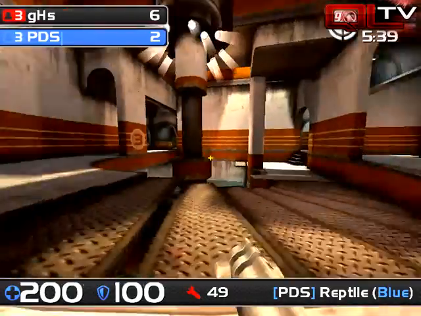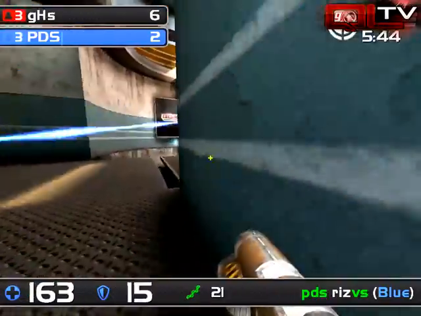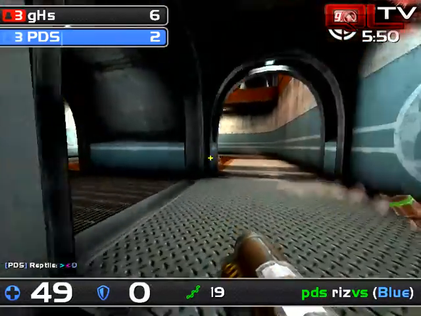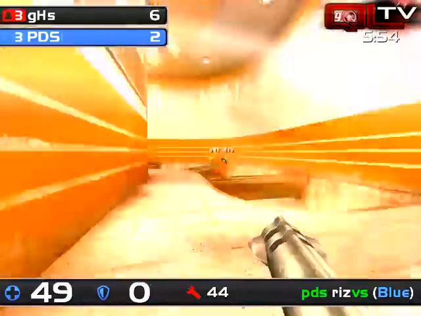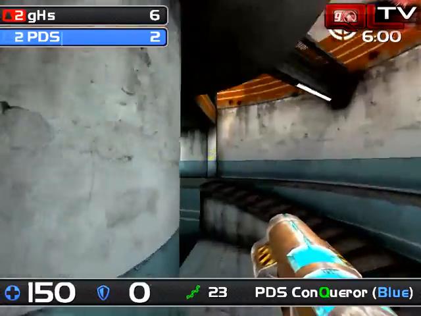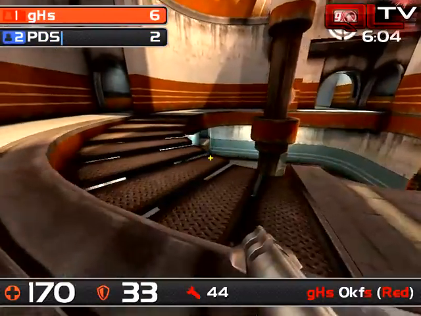Yeah, Reptile doing a smart thing by closing the gap and getting close to his teammate, but let's see, are they together? No. Looks like they've split up, and now Rivs is going to face a 2-on-1 situation. He might get railed from down below. He's just backing off, backing off, backing off. I would pay so much right now to be hearing the voice chat of Panzer, because we're really looking for that kind of coordination, and players like Cool Man and the rest of gHs really,